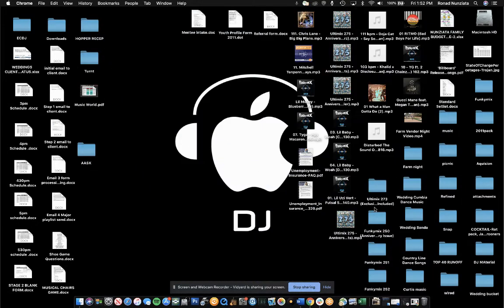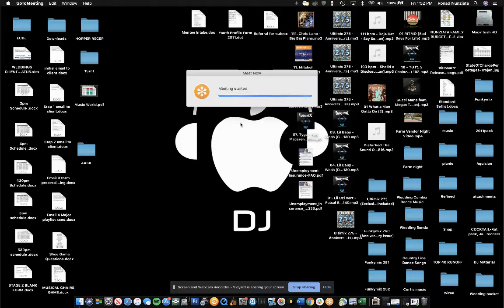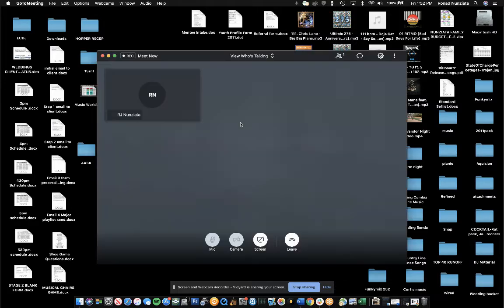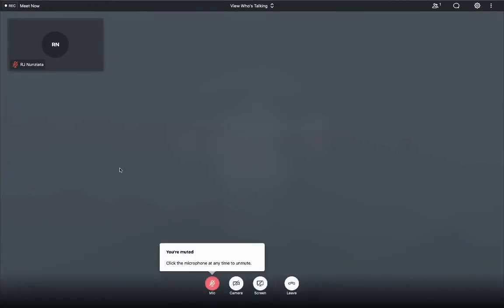Okay, so we need to teach everybody how to make their screen information, or I should say their ID, completely anonymous when you are inside GoToMeeting. So I am just pulling up a GoToMeeting window. Basically, it's very simple. In order to hide your name when you are in GoToMeeting, you're going to go ahead